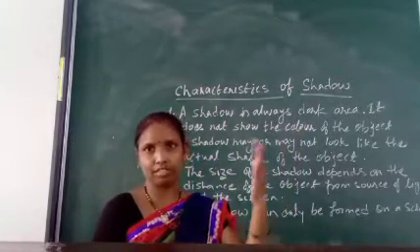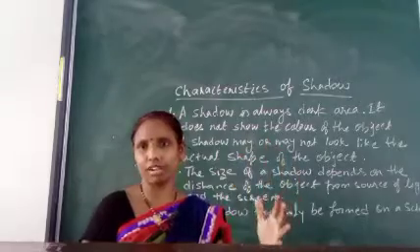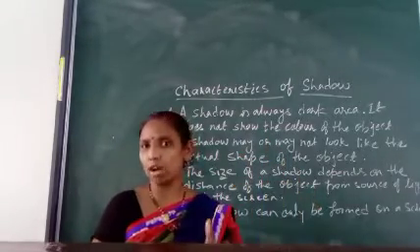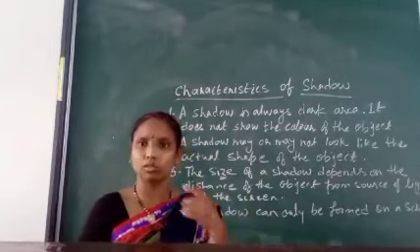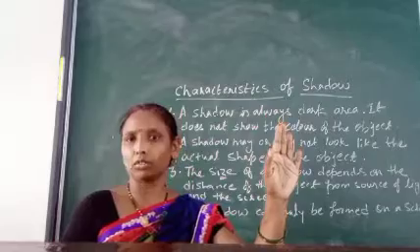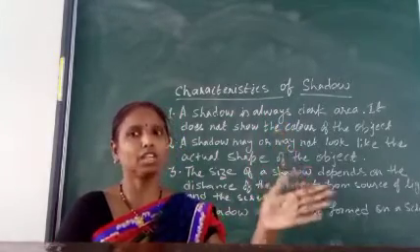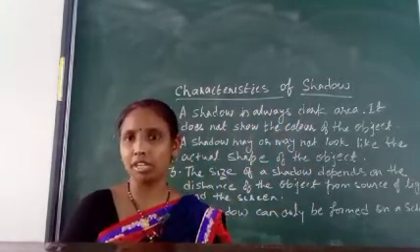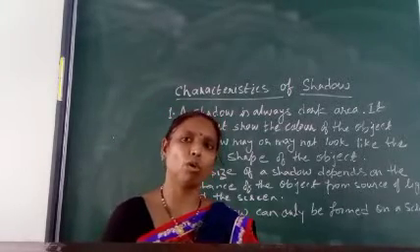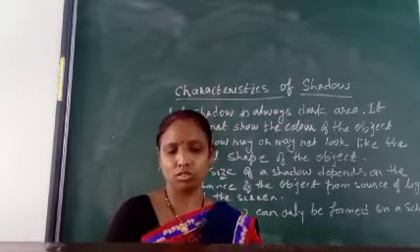Whenever light is coming and an opaque object comes in its path, it doesn't allow the light to pass through it. When it doesn't allow the light to pass through, what happens? It blocks the path of light, because of which a dark patch is created behind the opaque object, and that dark patch we call a shadow. So this we have done.